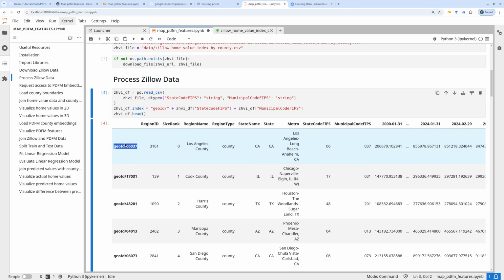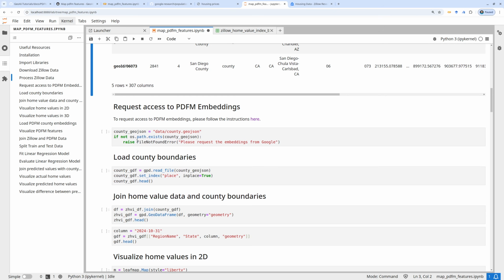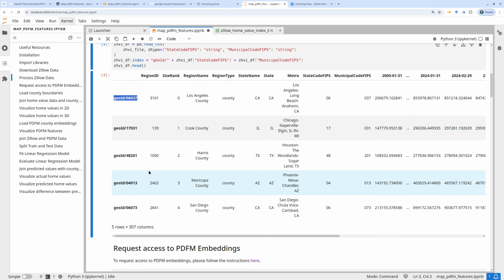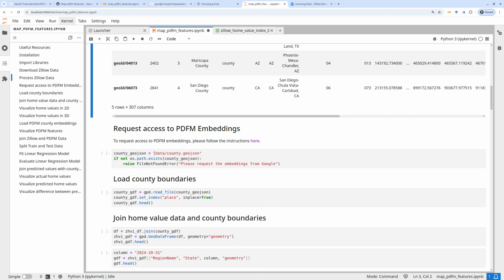So we just need to make sure that they have a common column so we can join the two tables together to do analysis. Once we have this ready, then we need the county boundary, because the Zillow home value data is just a CSV, so it doesn't have geometries. And the PDFM embeddings also provide the county geostation data,